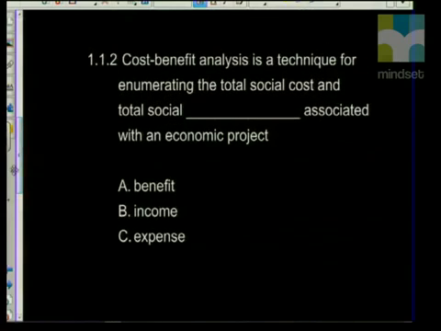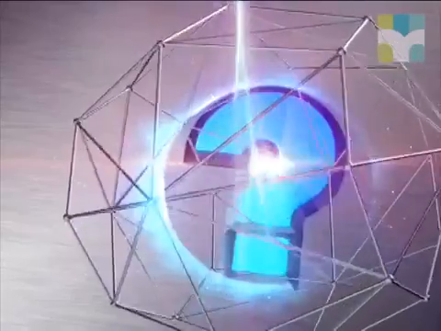1.1.2. Cost-benefit analysis is a technique for enumerating the total social cost and the total what else associated with an economic project. The answer is A, benefit, B, income, and C, expense. The correct answer will be